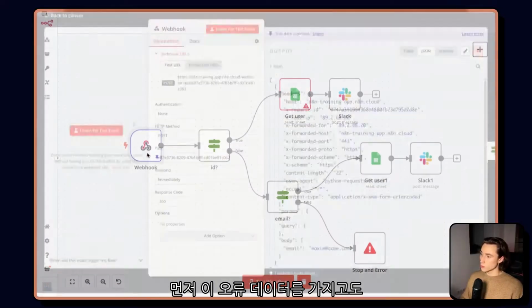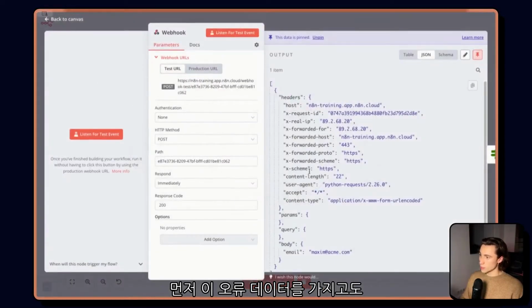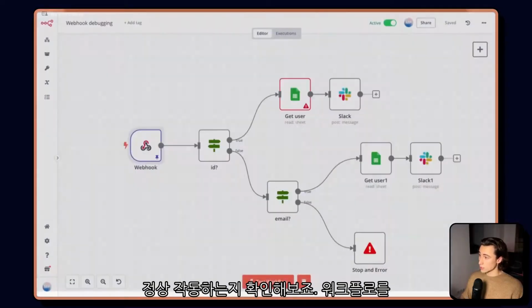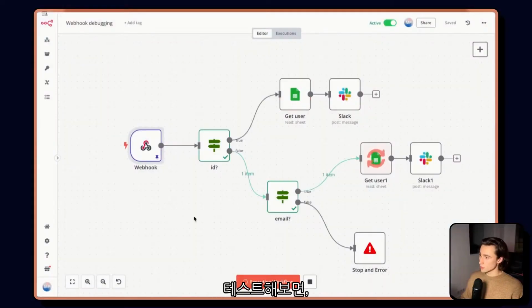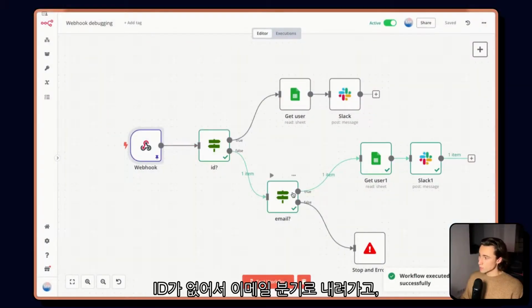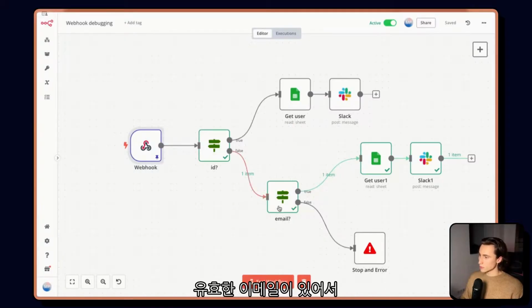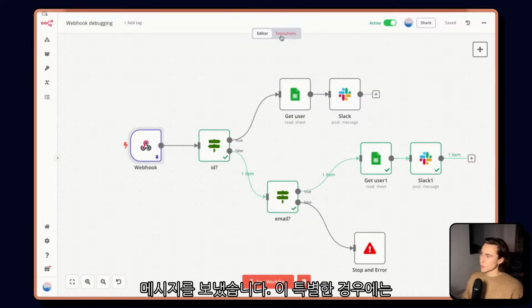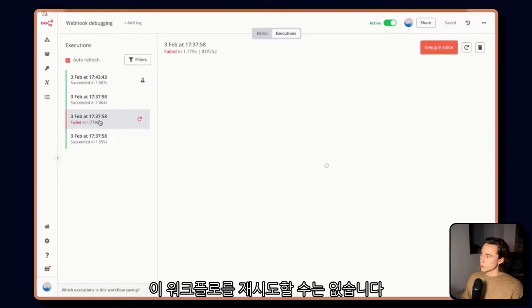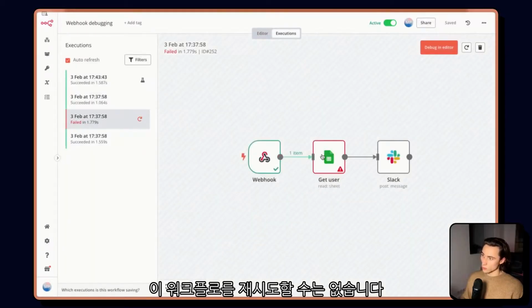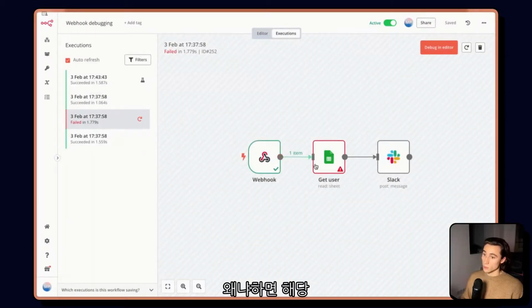So first of all, we can verify that with this error data, it still works. So I can test the workflow. And as we can see here, it didn't have an ID. So it went down to the email field. It had a valid email, so it got the user and it sent the message. In this specific case, we wouldn't be able to retry this workflow because we had to make the modifications before this